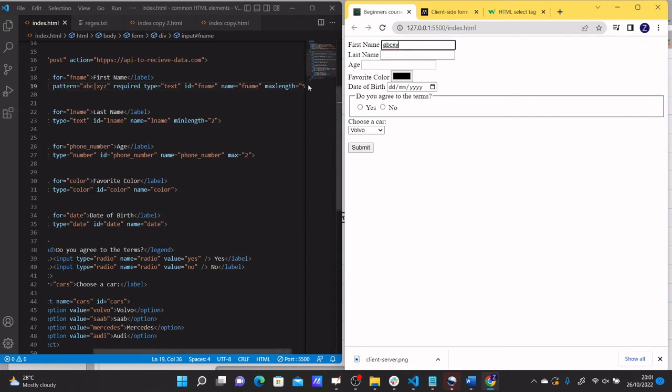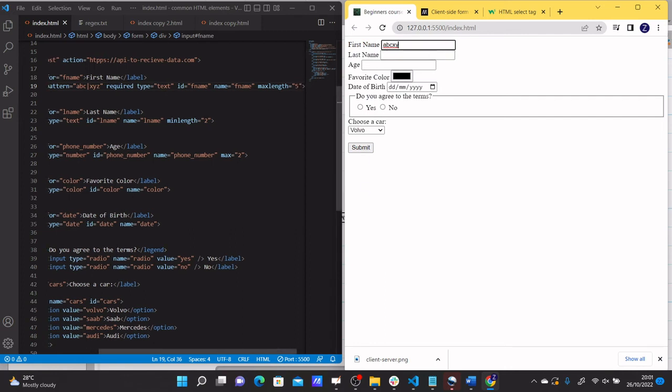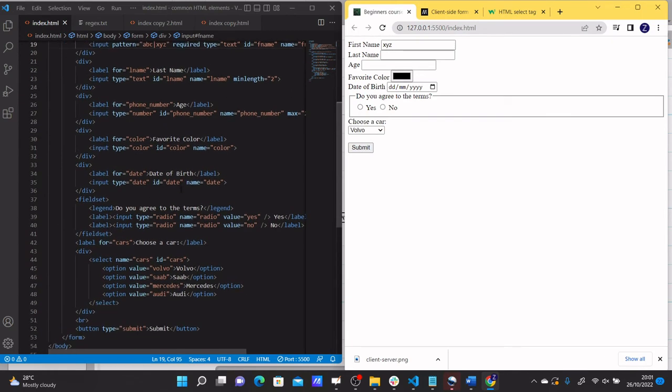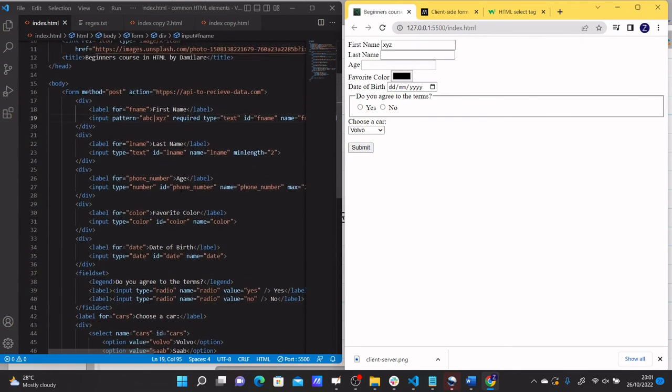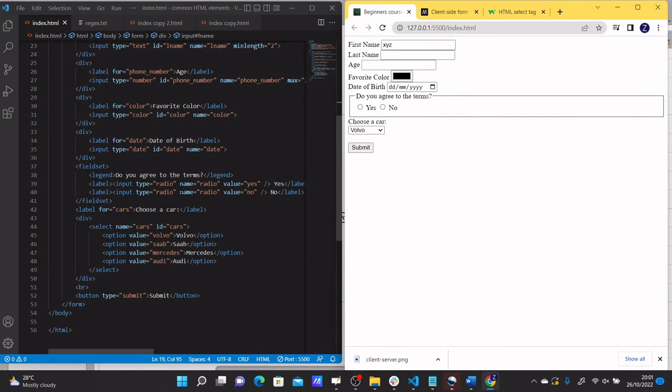Oh, because of the max length. Let me just change this to 6 to accommodate for our example, ABC XYZ. Please match the requested format. But if we have XYZ, we have this. Perfect. One more thing I would like to talk about in our HTML forms,